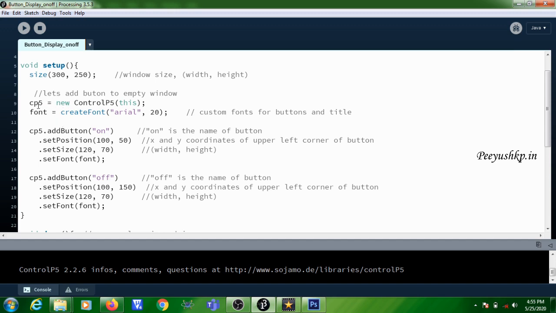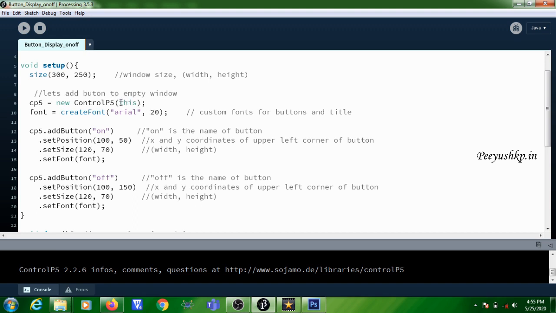So first step is, in the previous program you have seen that you are using a constructor known as Serial, right? So a constructor was used for initializing the attributes of a class, right? So similarly here you are using a class known as ControlP5. So this class also should have a constructor. That constructor is known as ControlP5, and this shows that this represents the parent applet.